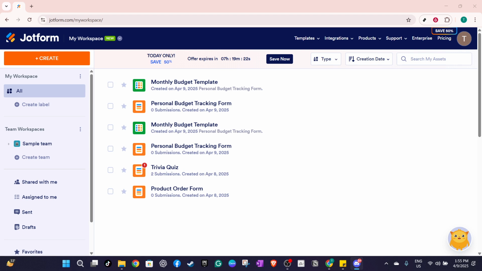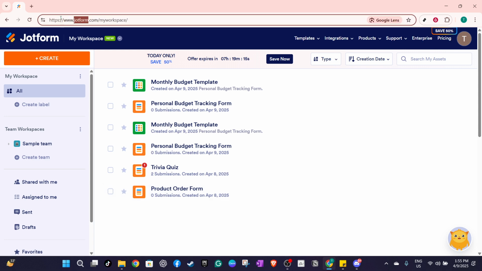First, you'll want to head over to jotform.com and log in using your credentials. Once you're logged in, you'll have access to your personal Jotform workspace. Here you can manage all your forms and make any necessary changes. Make sure you know where your forms are located, as we'll soon be navigating to the form you wish to